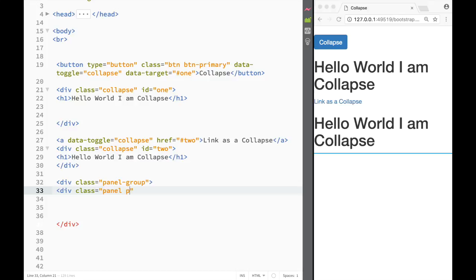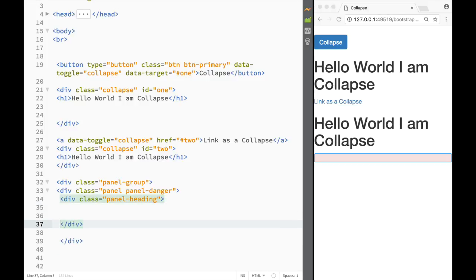So we write panel, let's write it danger, something like this. So it's a little bit more interesting. Now the next thing we're going to create is panel heading, right? So it's going to be div class, and the class value is going to be panel heading, and in the heading we're going to create a panel title, right? So over here I'm just going to say div class, and this is going to be panel title, something like